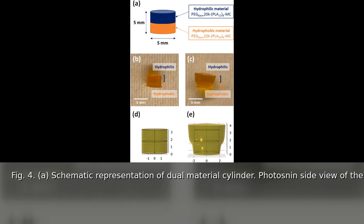Then the hydrophilic resin is applied and printed starting from the hydrophobic layer's height. The strong adhesion between materials results from their similar chemical nature and solvent compatibility, which prevents shrinkage-induced delamination during washing and drying. Panel B shows photographs of the printed dual-material cylinder after post-treatment, and Panel C depicts the same object